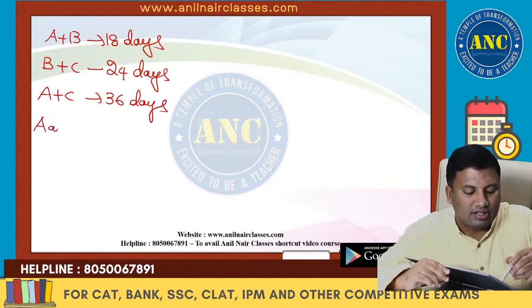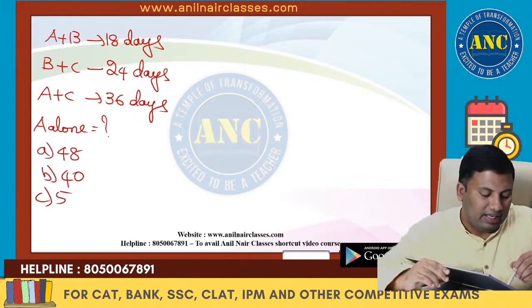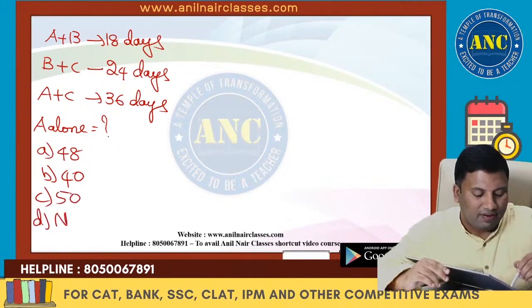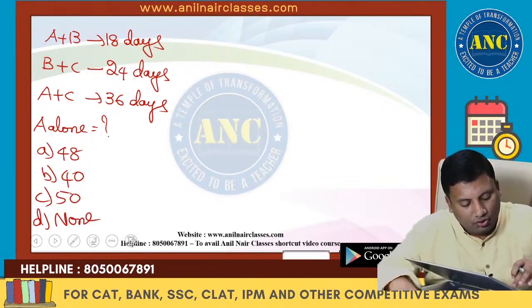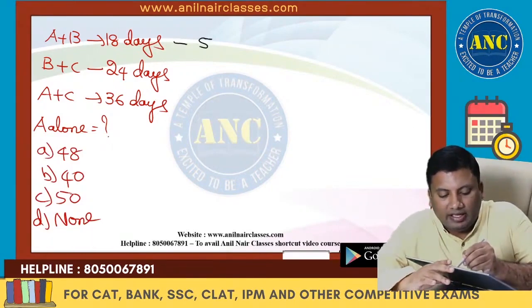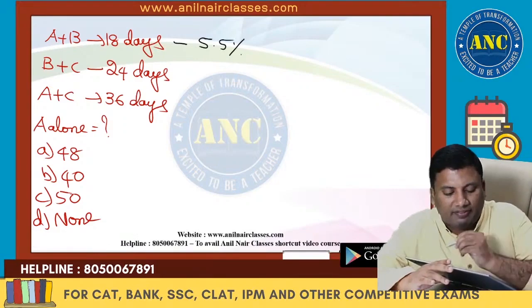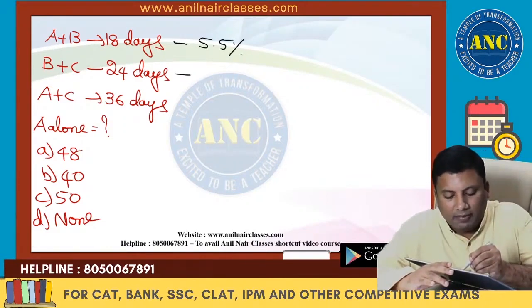36 days. A alone, how much is it? If the options are 48, 40, 50, and none of these, what you do is just go by the approximation. 1 by 18 is 5.5. 1 by 24 is nothing but